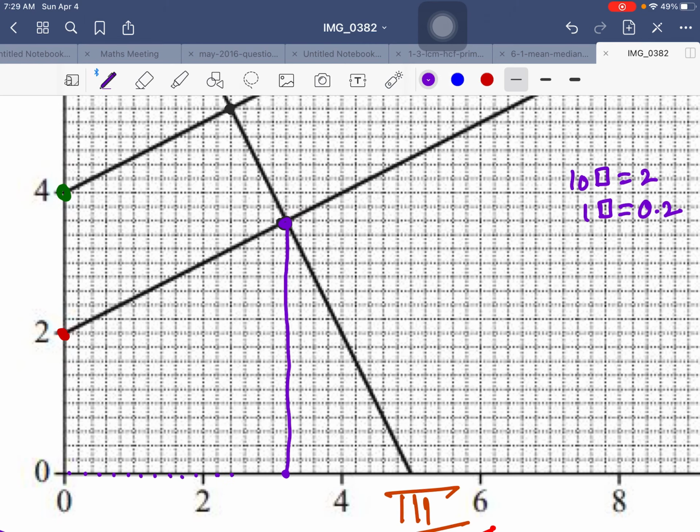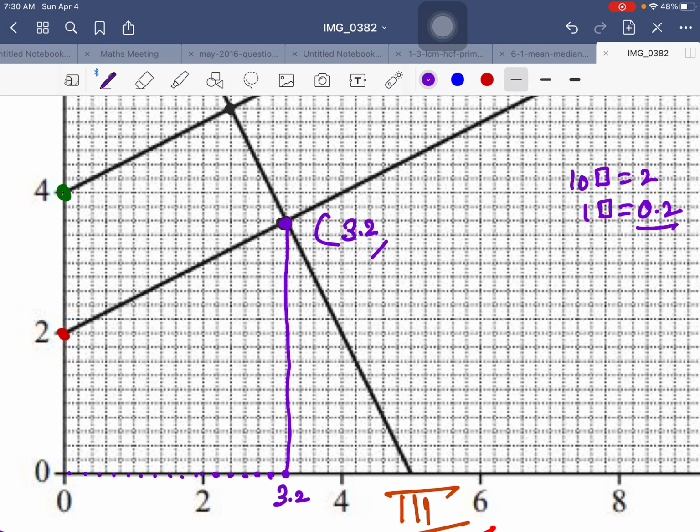This is 1, 2, 3, 4, 5, 6. 6 times 0.2 is 1.2 plus 2 is 3.2. Or you can count like this step by step: 2, 2.2, 2.4, 2.6, 2.8, 3.0, 3.2, adding 0.2 with each box moving on. So the x value for this point is 3.2,